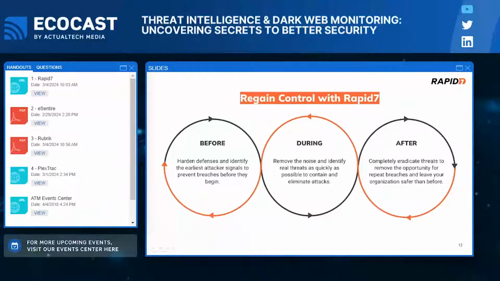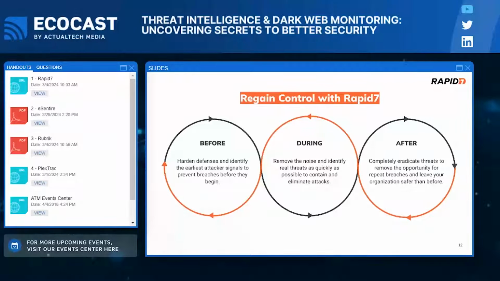But really what our mission comes down to at the end of the day is how do we put you in the driver's seat through every phase of the risk and threat lifecycle. So before, during, and after an event, we want to make sure you have the information, the focus, and the partnership that you need to confidently take control of any situation.